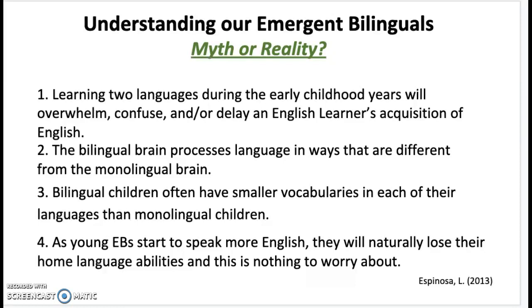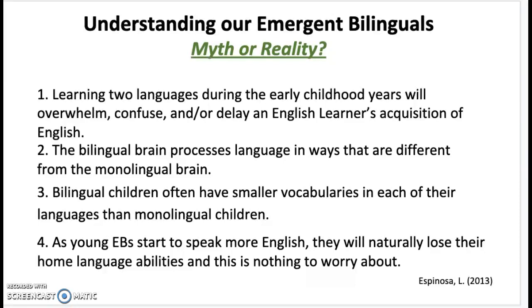There are cognitive demands of processing 2 languages. So this may lead to slower word retrieval in each language, but enhanced abilities in other areas. Like I said, there are unique linguistic challenges faced by young emergent bilingual learners, and they have different sets of skills in comparison to our monolingual children. So we've got to keep that in mind